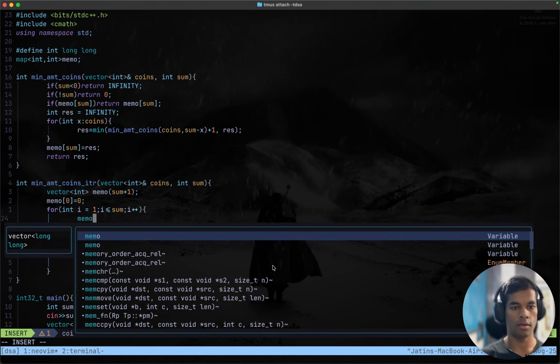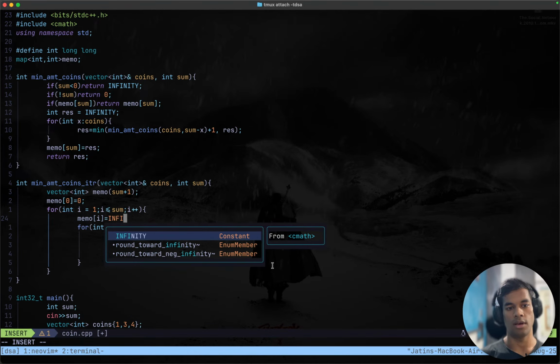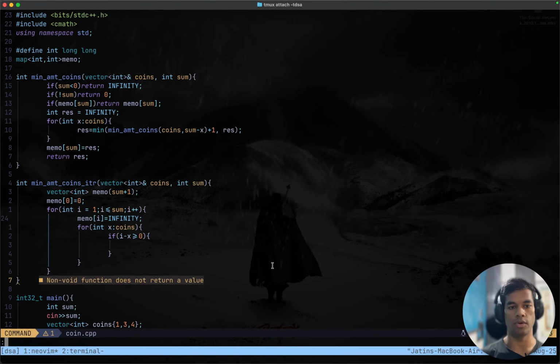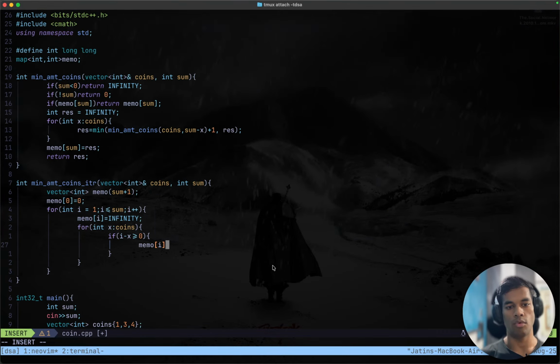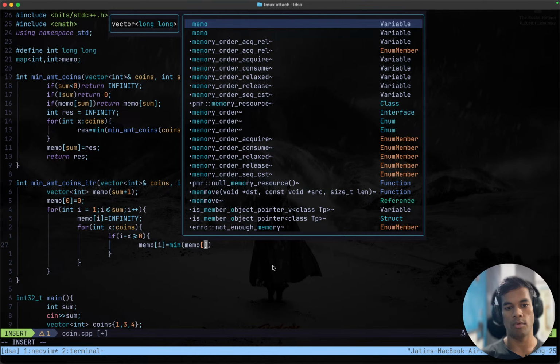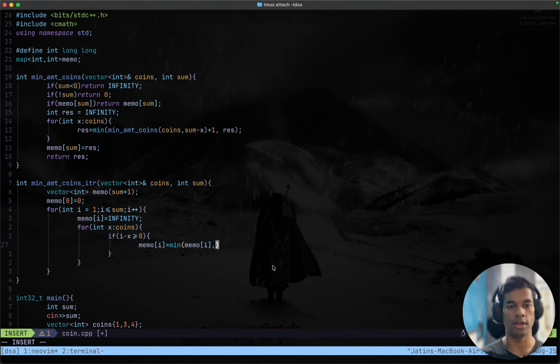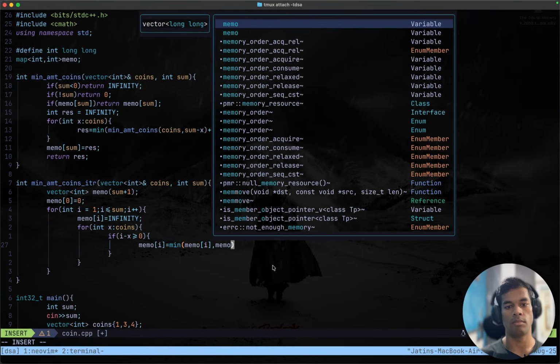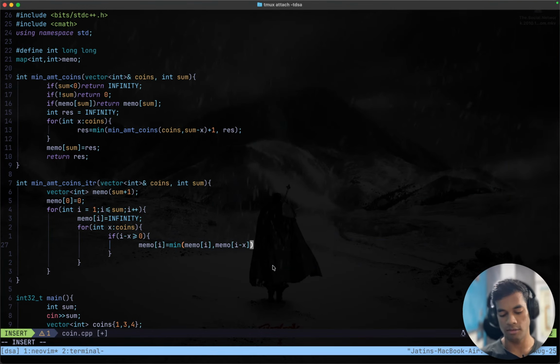Before going, memo i equals infinity, we could say, and if this is the case, then memo i equals minimum of memo i, that is the value that currently is, comma memo i minus x, that is because x is the one that we are using, plus 1,